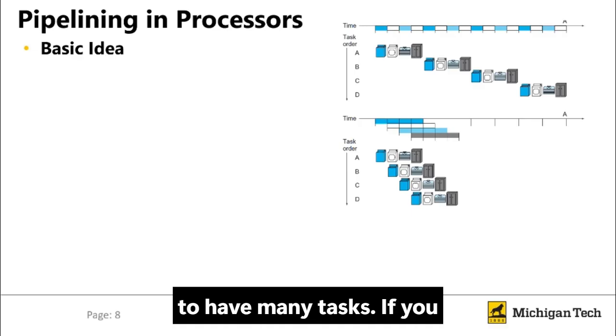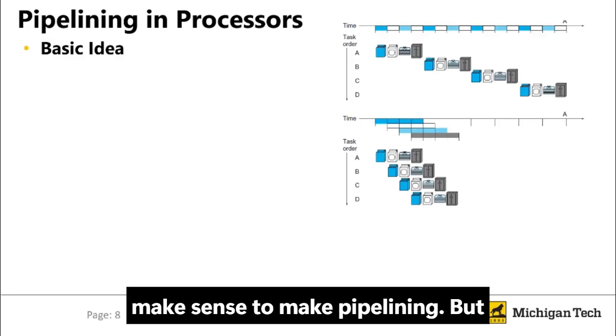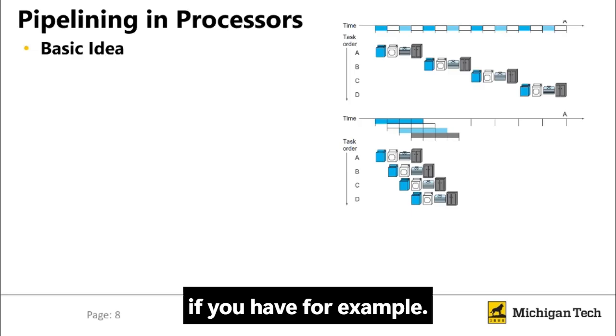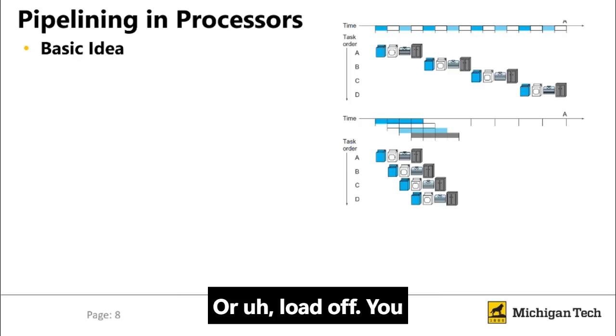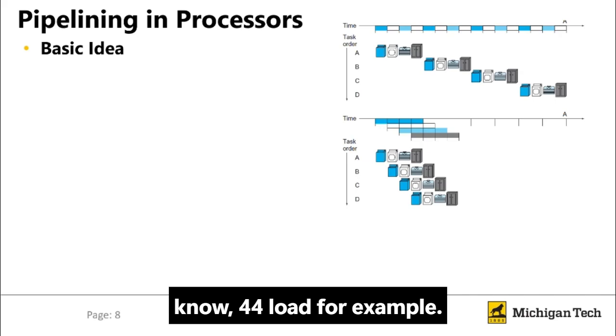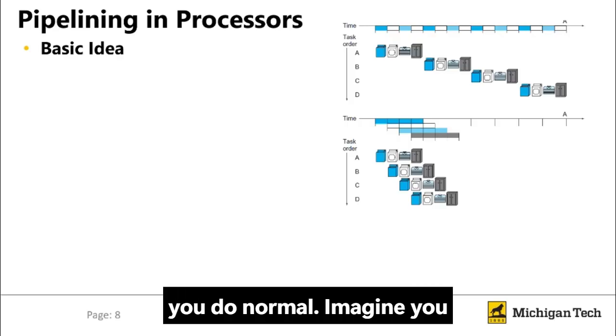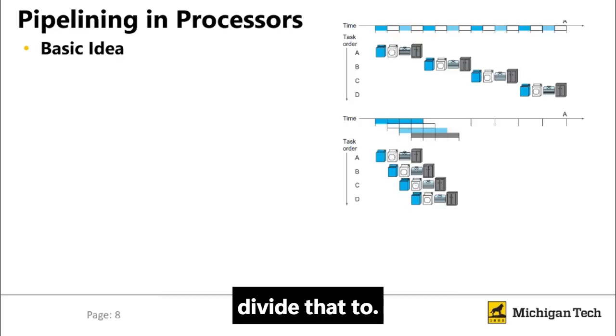If you have just one laundry, it doesn't make sense to use pipelining. But if you have, for example, 4 loads, lots of clothes to wash,